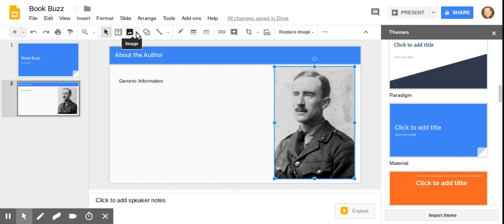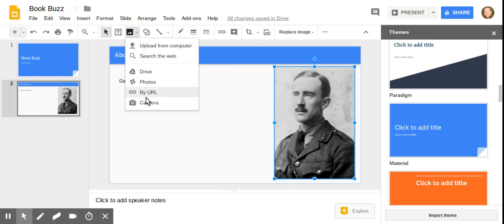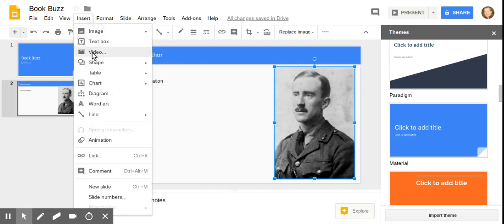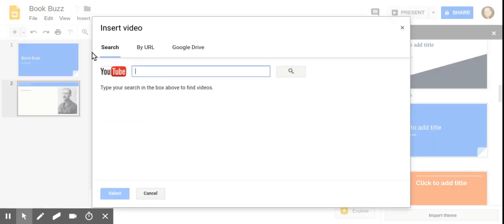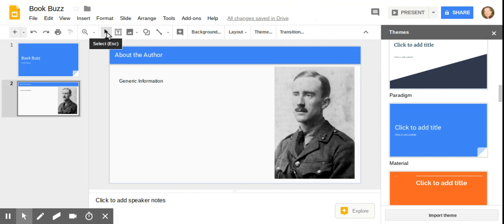If you'd like to insert a video at any time, certainly you can. You can do the pictures here by Drive, Photos, with your Chromebook camera, or you can search the web like I just did. You can also insert videos via this link right here, and this particular application is very YouTube friendly, so you can just copy the URL address and then paste it into this little blank here, and it'll pop up right away. I'm not going to insert a video right now though,